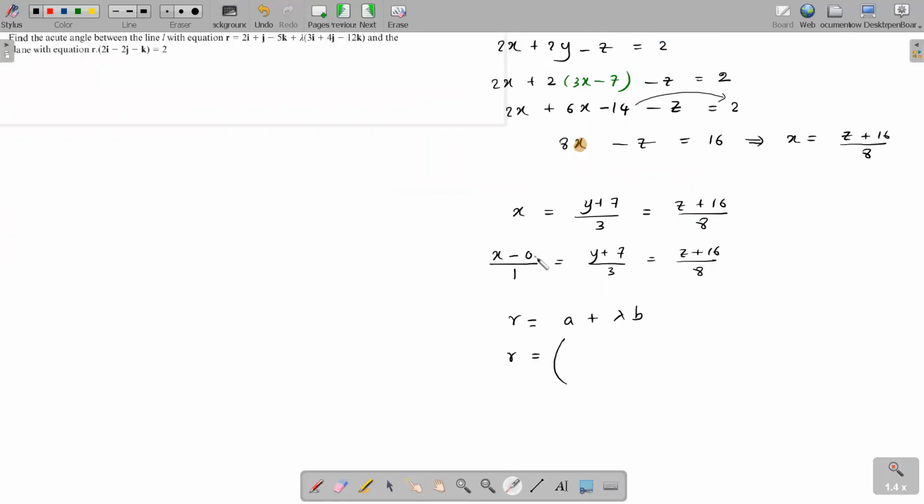Because you know the position vector comes on top, right? x minus a1, y minus b1, I told you. So who is the position vector? Then it's 0, 7. Not 7, because this is y minus the original one. Sorry, minus 7. Yes, y minus 7, and this one? Minus 16. Plus lambda times the direction vector, which is directly what? 138.